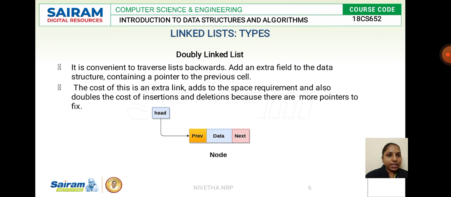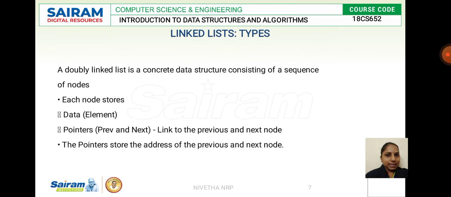We have three fields here: previous, data, and next. Previous specifies the address of the previous element, and next specifies the address of the next element. This is what the doubly linked list is. The first field indicates the address of the previous node, the second field is for the data, that is the element, and the third field represents the forward link.